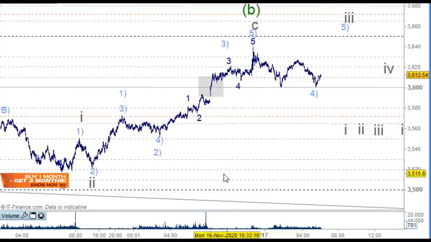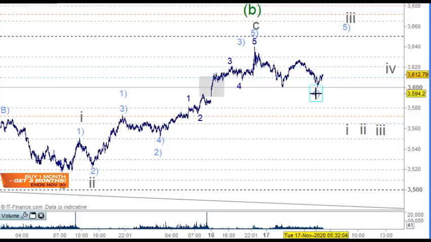So if we're counting it long here, we've had this as blue wave 1 and blue wave 2 and 3 here and 4 here, and then going up for wave 5 here with 5 waves in this structure. However, if we were looking at it in more bullish terms, we'd look at this as 1 here and 2 here, and then 1 and 2 here, and then all of this for wave 3 up here,